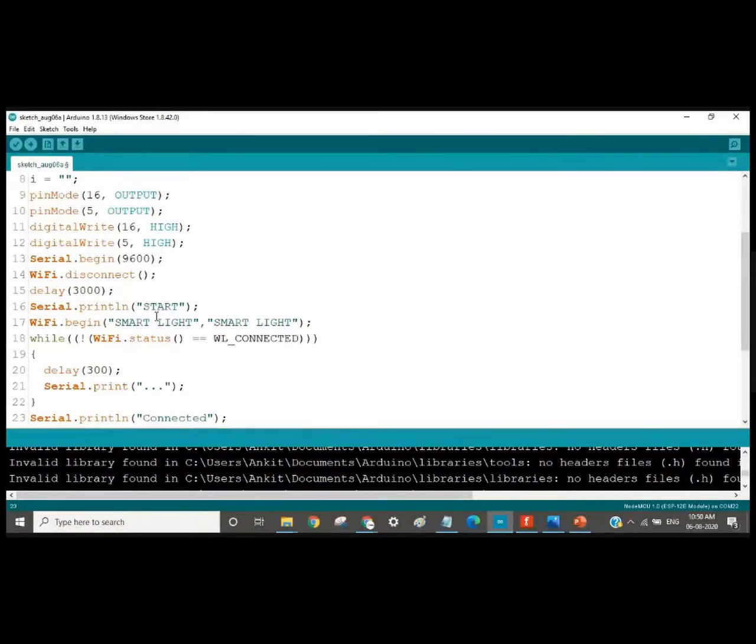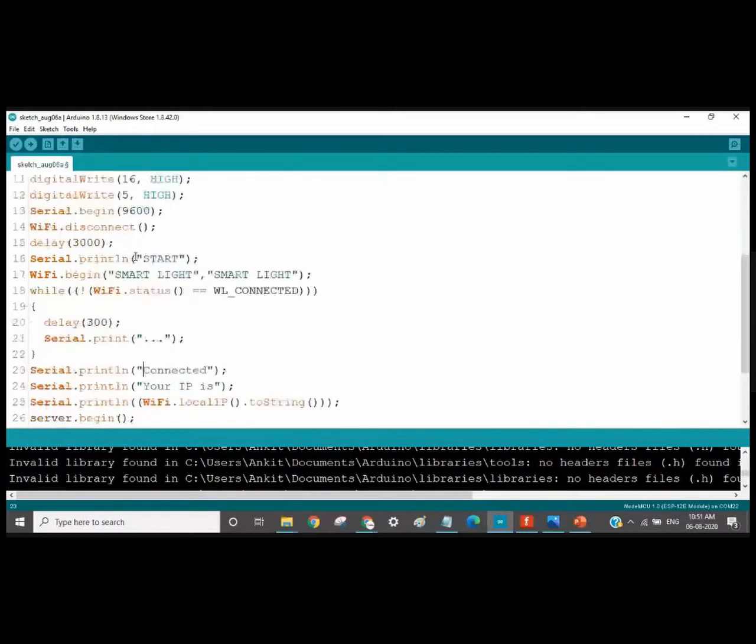Then someone is asking, can you explain the while loop again? Yes, I'll explain the while loop again. And why did you change from pin mode to digital mode? See, I'm writing it to high, because I want to switch off both the supplies. So I'm writing digital write here. You can use pin mode also, but pin mode will not do the proper thing. Hence I changed it to digital write, as Sir said.